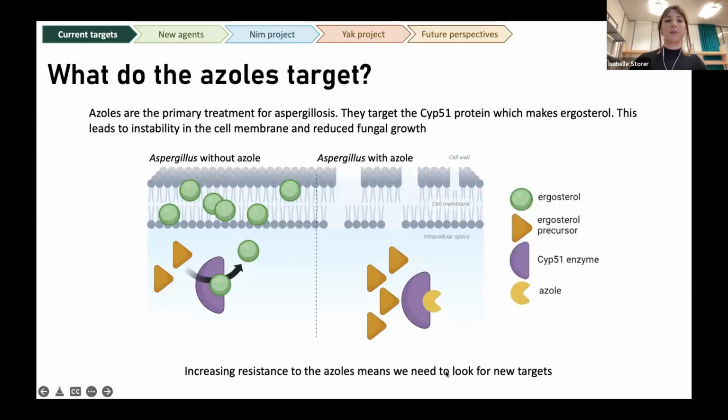So we had a bit from Paul earlier about the azoles and how they work, so I'm just going to go over this briefly. As a lot of you will know, azoles are the primary treatment for aspergillosis, and they work by targeting the CYP51 protein, which makes ergosterol. You can see here in purple, this is the CYP51 protein, and it makes ergosterol from the ergosterol precursor, and then this ergosterol goes into the cell membrane and makes it nice and fluid and able to